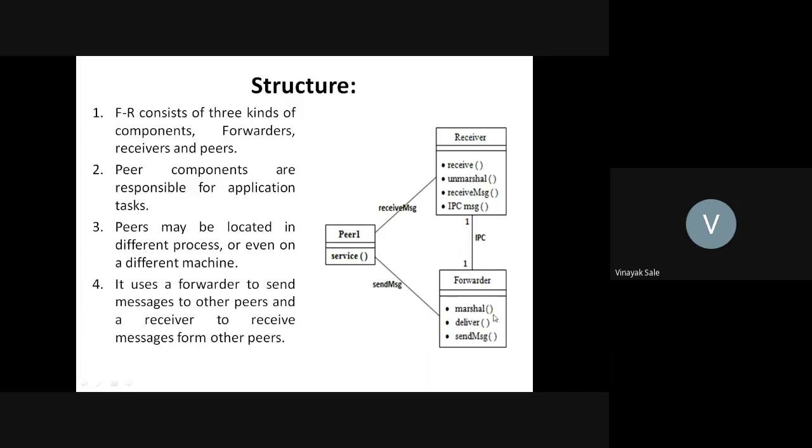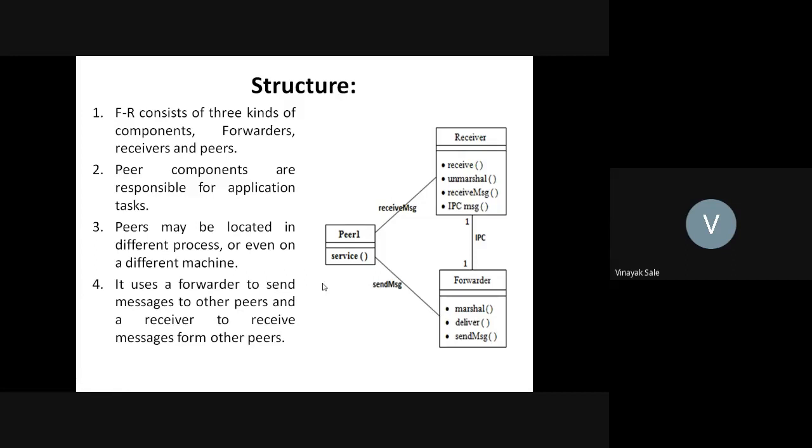So marshal, deliver, and send message. Similarly, there is receiving of messages by the peer also: receive, then marshal, receive, unmarshal, receive message, and inter-process communication message. This is the structure of forwarder-receiver